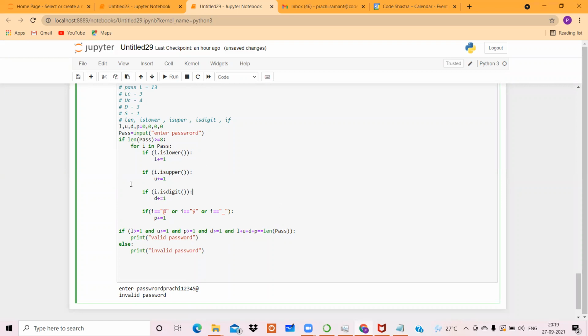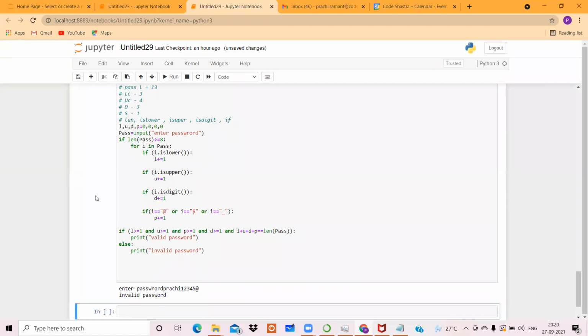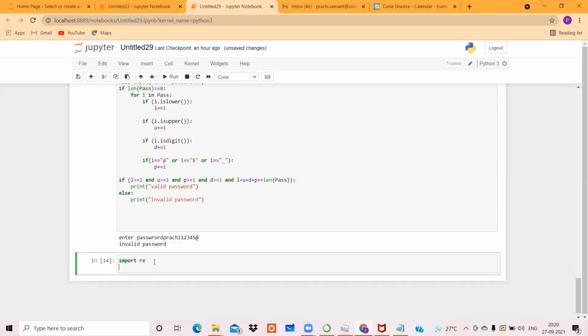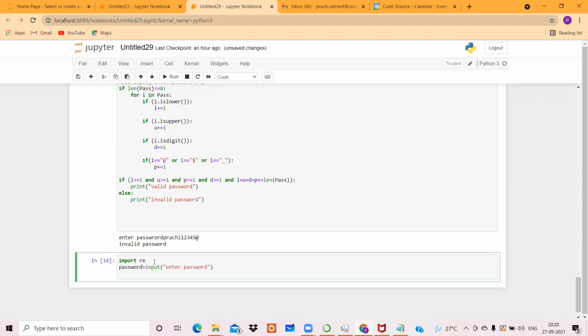And regarding regular expressions, which I mentioned, I'll just write the code and I'll try my level best to explain that as well. It's not something difficult, but you need to know something about regular expressions. So import re, a package which contains all your regular expressions. You can say password is equal to input, enter password. Then you will keep one variable, call it flag, which we will set to 0.